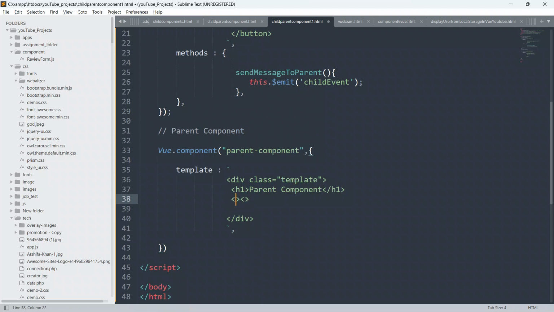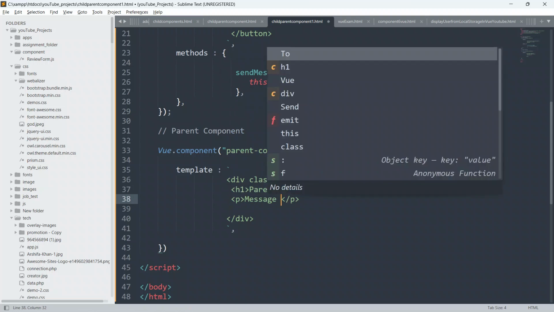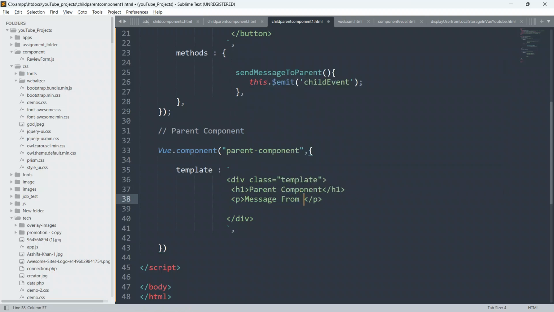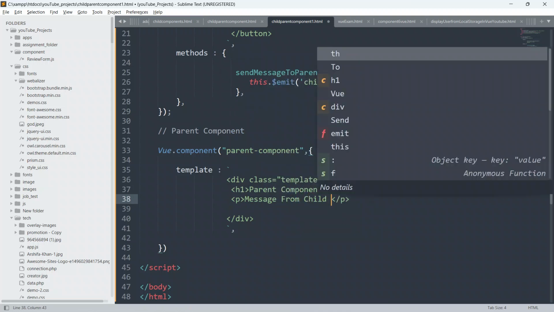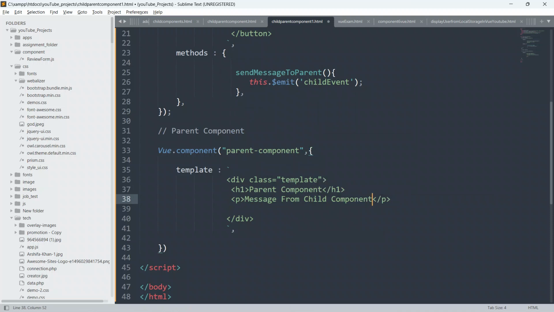Create p, close this p, and give the message: message from child component, then a colon, and put double curly braces, where we will define our message. As of now, let it be.